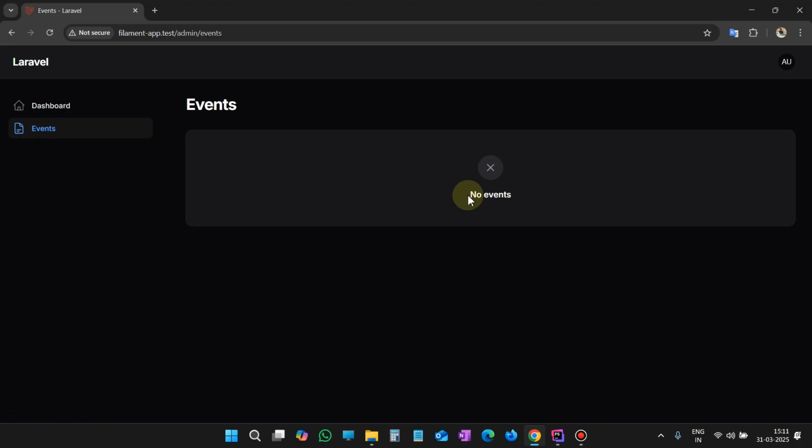As you can see, the table is empty. So we have successfully implemented the table. Now we will add Filament actions. Actions means, in order to create an event, we will trigger an action,